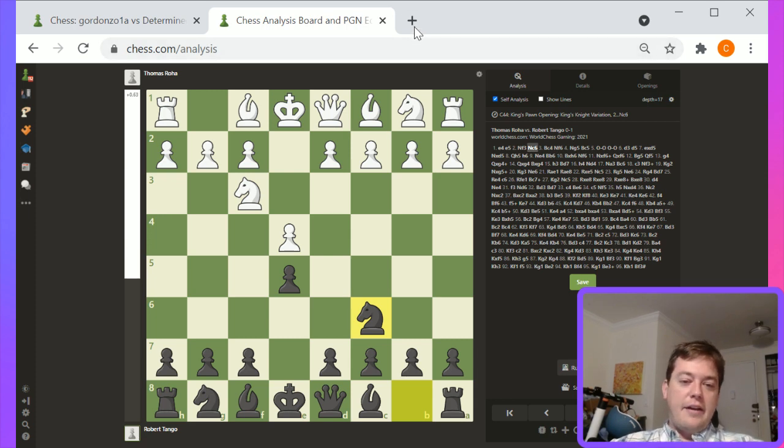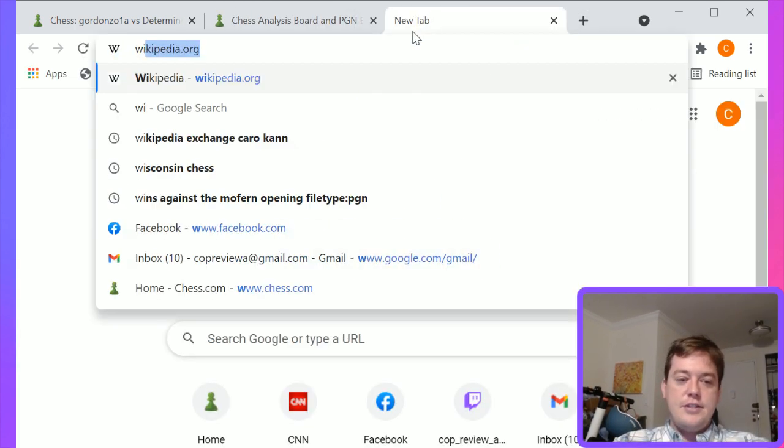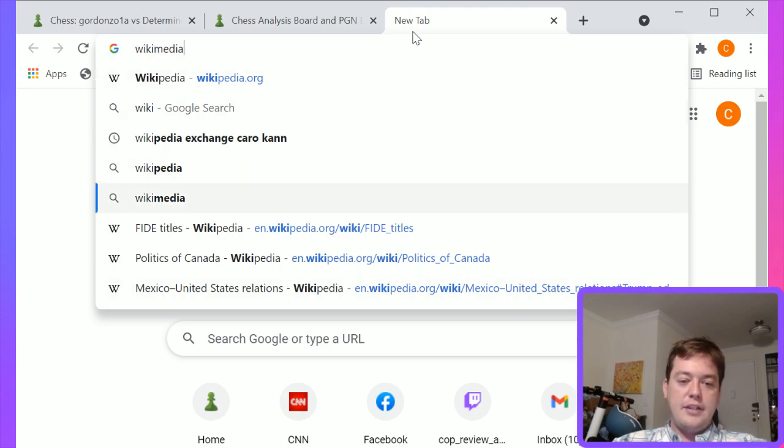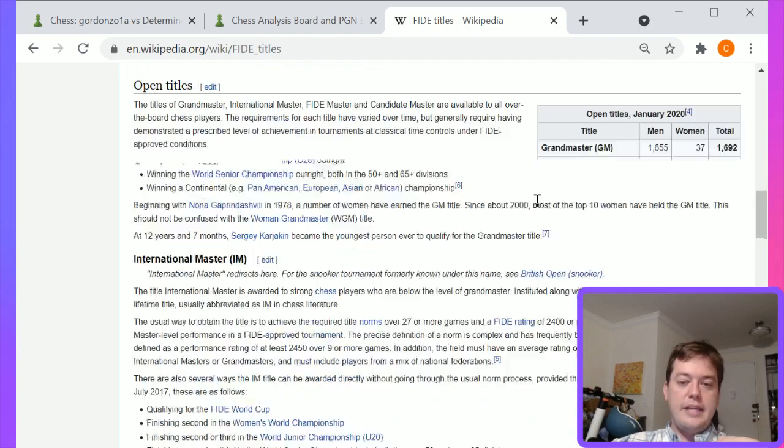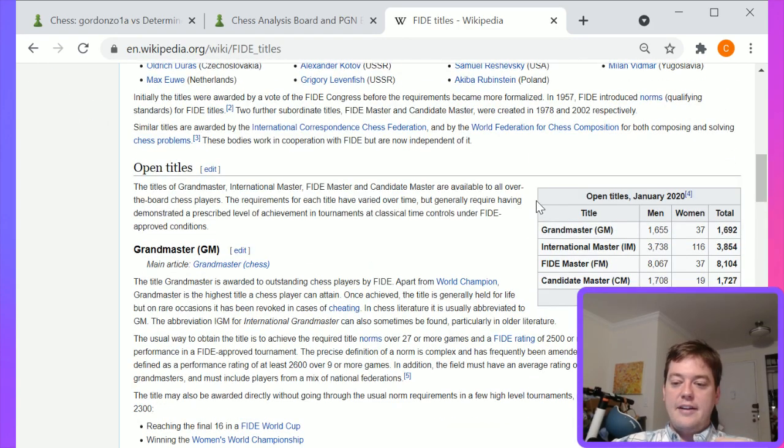FIDE Arena. Okay, so FIDE has decided to expand the amount of titles that they give. FIDE has historically had 4 titles. And then, yes, it does cost about $75 USD. But for the cost of 75 USD, hey, what can I say? Look, you have a FIDE title and I have a FIDE title. So, who's really the